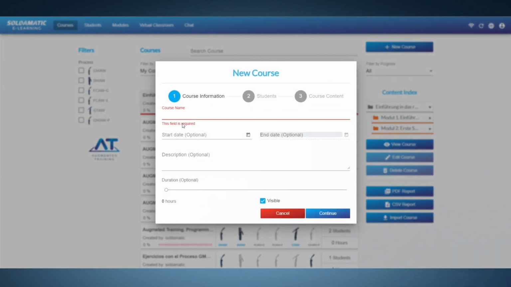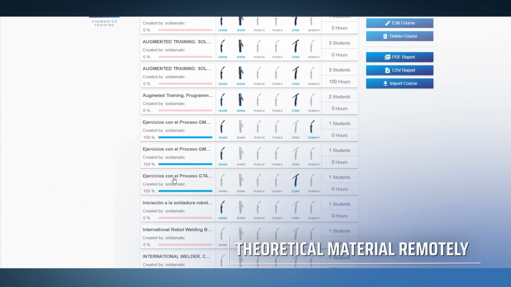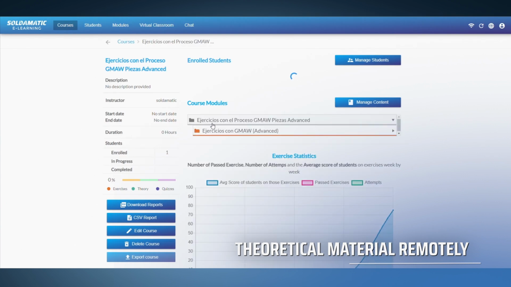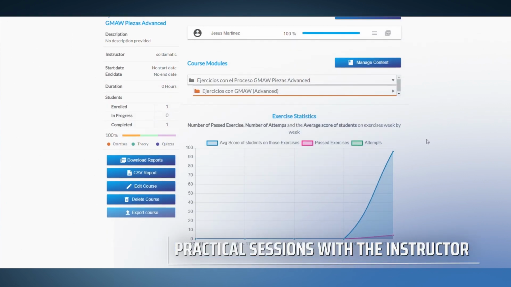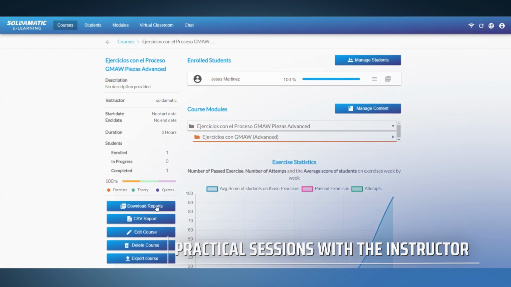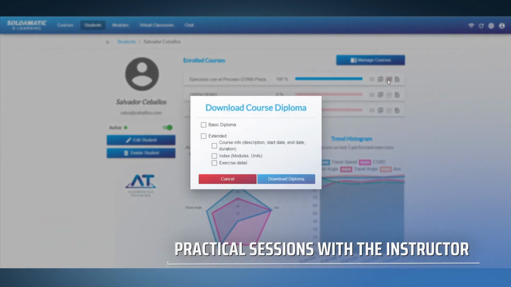Soldamatic e-learning also allows you to create content. As a teacher, you can create practical and theoretical content from the beginning. There are also predefined course contents available in different languages provided by the American Welding Society, DVS, CSOL, among other well-known welding societies. In fact, the student will be able to download a Soldamatic diploma certifying the successful accomplishment of